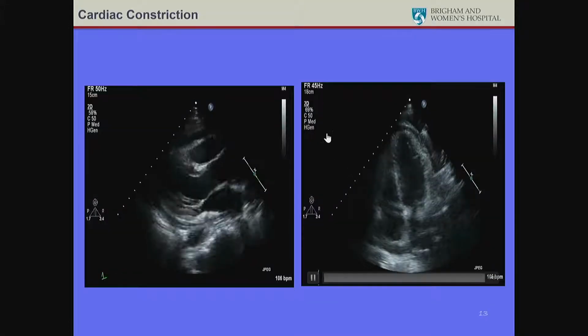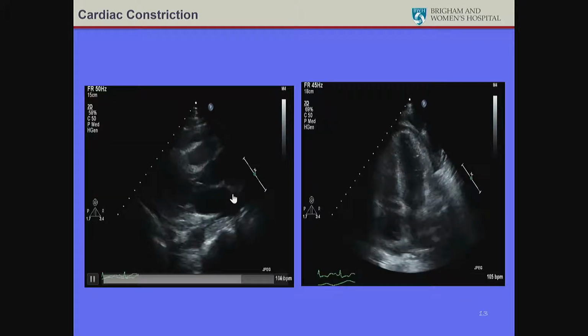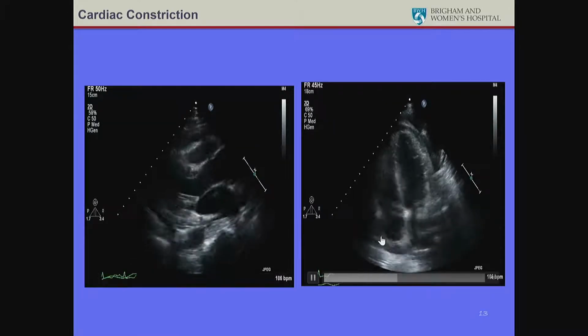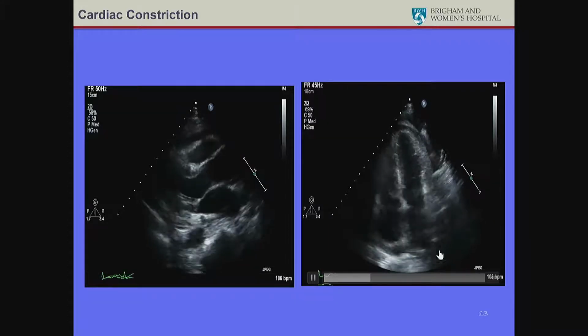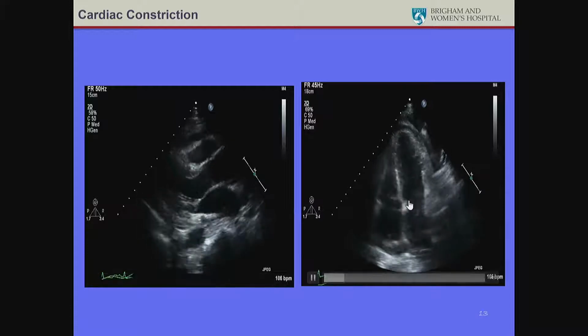Now, you want to be able to differentiate pericardial tamponade from cardiac constriction. This example here comes from a patient who actually had heart failure symptoms. And you can see in this patient there is a small circumferential pericardial effusion seen in both the parasternal long and apical four-chamber view. Unlike the prior patient, though, if you look at the interventricular septum, you will see an